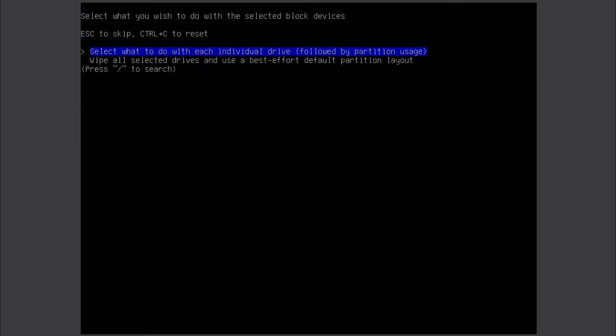So once we get here, it will give us an option on what we want to do with the disks. If you see, the first option says select what to do with each individual drive, and the bottom one says wipe all selected drives and use the best effort default partition layout. If we go with the first one, we will get a manual option for